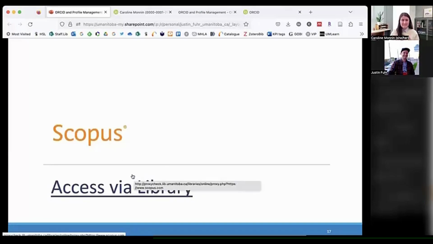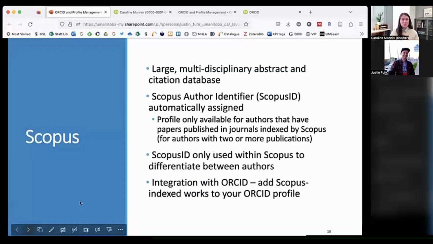Okay, so Scopus ID, you would access via the library. Actually, Justin, if you could put the link for Scopus, that would be great. So Scopus is a very large database. It's multidisciplinary, so it has articles from health sciences to arts and humanities. It's one of the biggest databases we have access to. So anytime you publish an article and it's indexed within Scopus, meaning it's uploaded to the Scopus database,